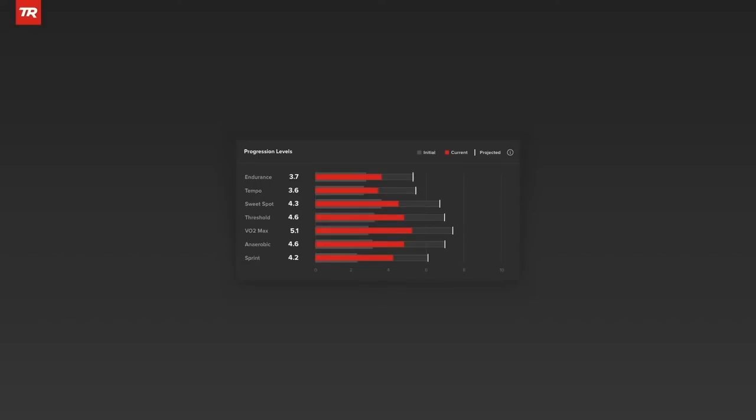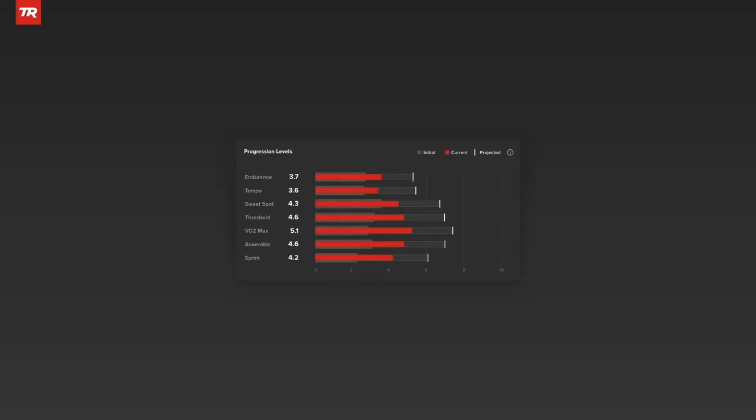So that's really the goal. Let me say this a different way. If you've been someone who, after you do a test, has problems in a specific energy system, and we'll talk about this with the ramp test, this is fixing that. This makes it so you get the appropriate VO2 max, threshold, sweet spot, and endurance based on your performance. And for everyone who's already been signed up, we already have your data. We know where you lie, and it's already been run through it, which is super cool.